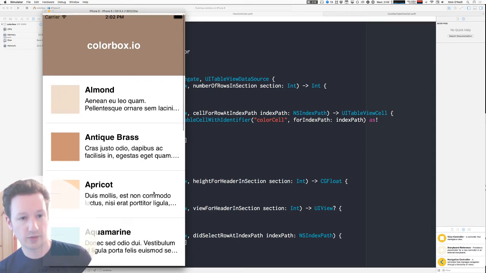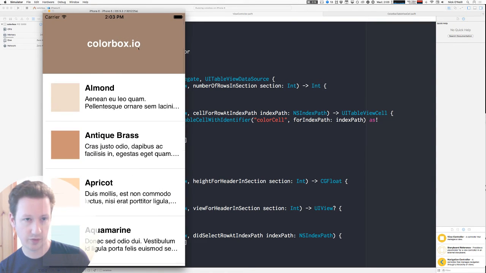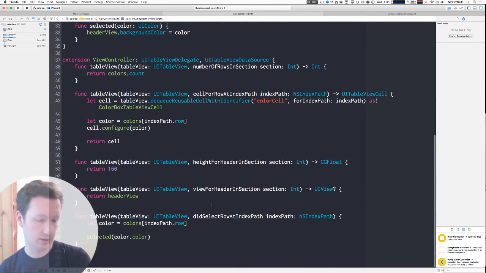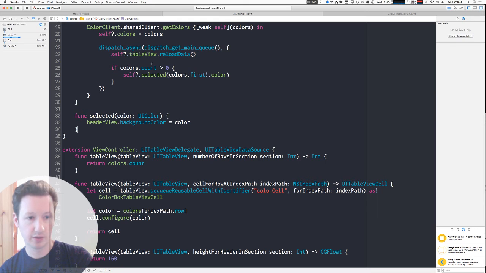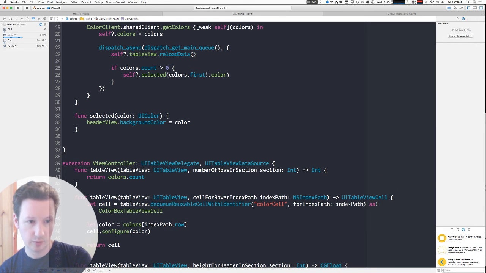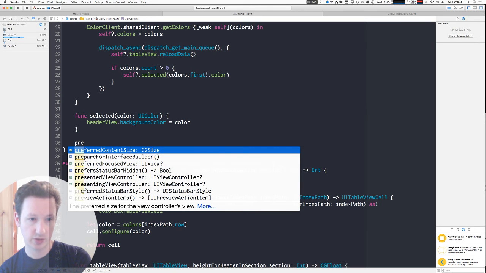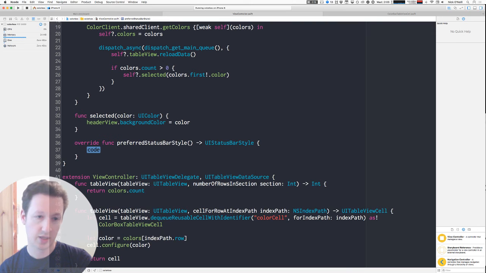All right, what else do we have to do in this? This is really just cleanup at this point. First of all, I want to change this header up here. I do not like the dark header on the dark content. So let's, I can never remember what this is called. Prefers light content, preferredStatusBarStyle, and then we return